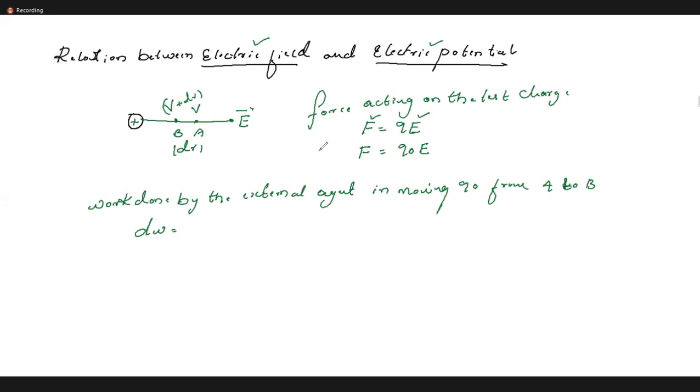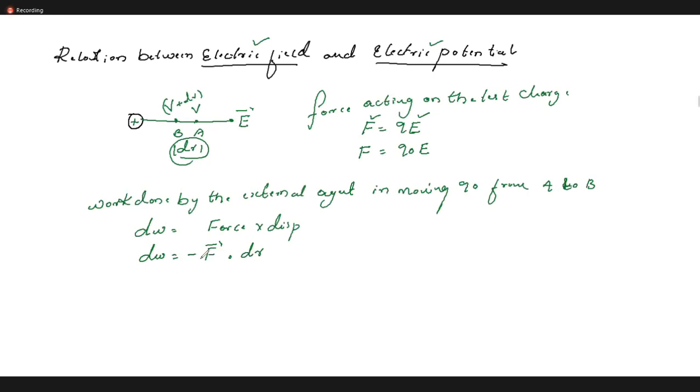Tell me what is the work done. Generally, what do you mean by work done? Force into displacement, ma'am. Let me take it as force into displacement. So let me write it as we are doing by the external agent. We are moving in the opposite side. Let me take it as minus F into the displacement. The displacement of the particle is dr. Is it clear, students? dW is equal to minus F dr.